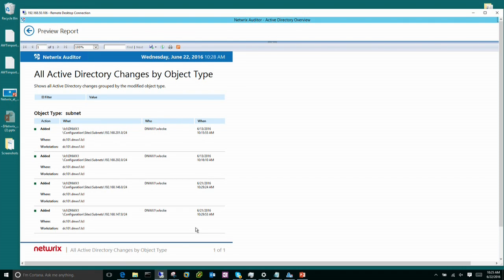Again, one of the things you can see is we're going to give you the who, what, where, when, the workstation, the DC the change was made against, et cetera. Everything's color coded. We want this to be easy to read because we realize that a lot of auditors are going to see this. So we don't want you to have to be super technical to understand what the data is actually giving you. We want you to go in there and go, okay, that makes sense. We don't want you to have to try to divine what the reports are telling you. So you're saying that the reports are dumbed down for auditors? No, they're simply made